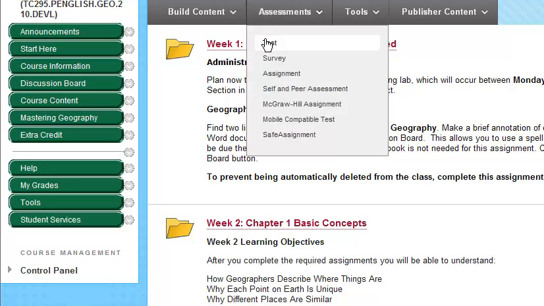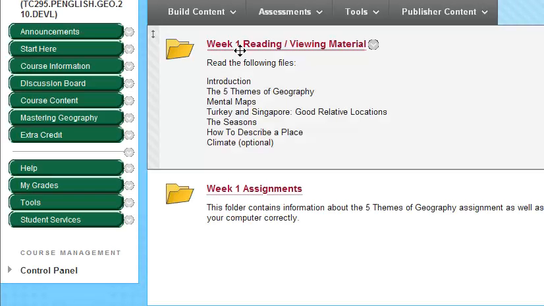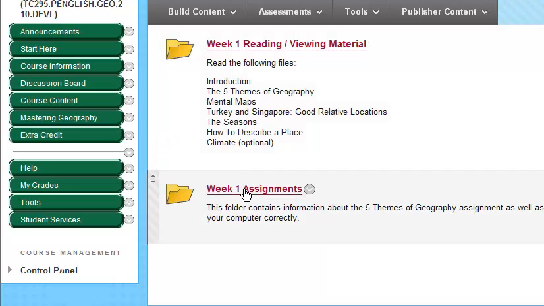So let me click into the week 1 folder here and see what's underneath the subfolders. So you see here's the reading assignment. So the 5 themes of geography and mental maps, and if you were to click here, those files would be in there. And then in terms of the week 1 assignments, if we were to click on it, let's see.